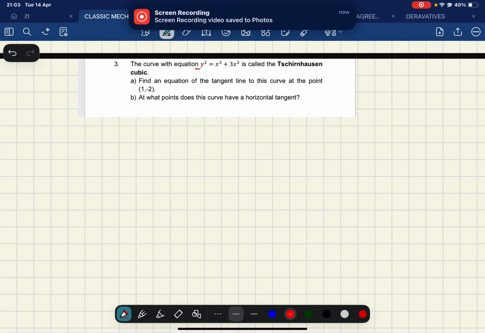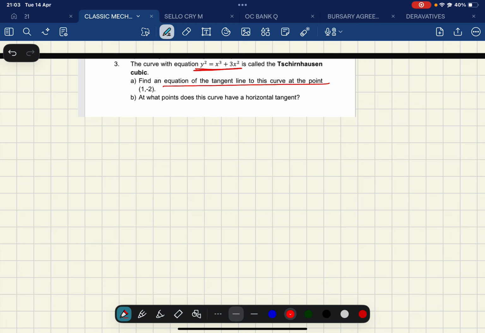So we're given an equation here. On this equation, on letter A, they ask us to find the equation of a tangent line on this curve at the point (1, -2). So we must first find the gradient, which means we are having y squared